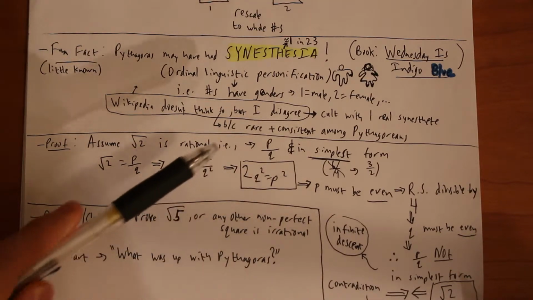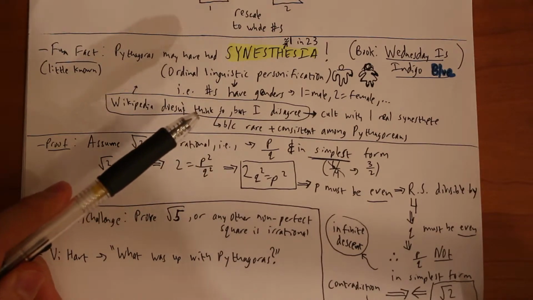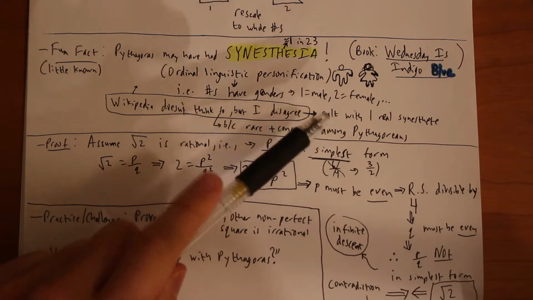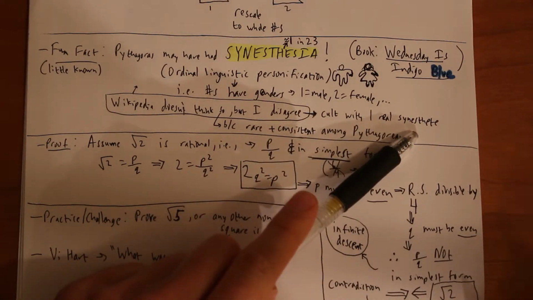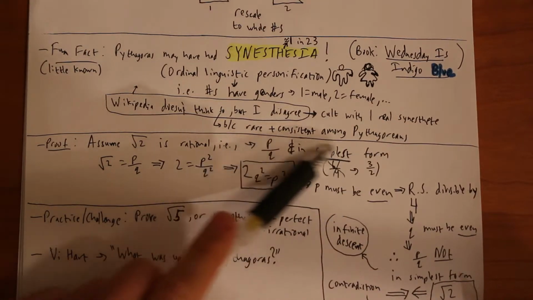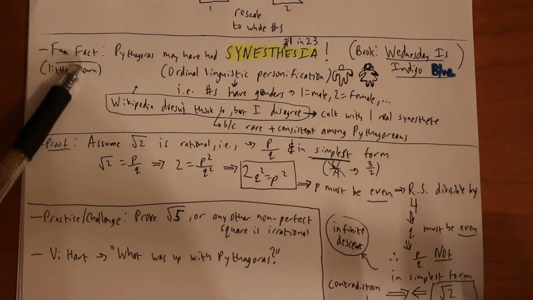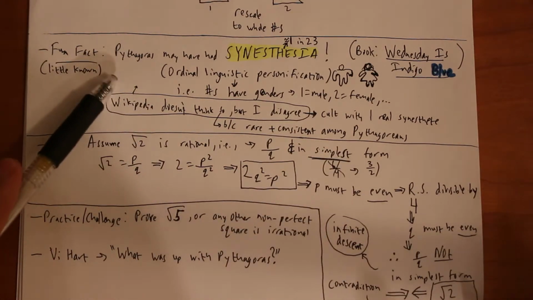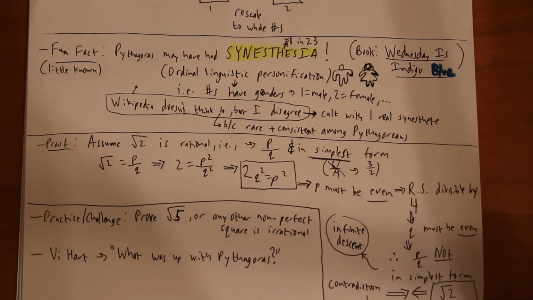They might have just thought, oh, well, I guess 1 is sacred, 1 is male, 2 is female, 3 is male, 4, whatever. So I tend to go with the theory that this is just a cult with one real synesthete, a person with synesthesia, instead of saying that all of them just had these mystical beliefs. I don't know that a lot of people know this. I really want to bring this to the forefront and help get the conversation going about this. All right, enough background, but hopefully you guys are getting into the backstory, the history.